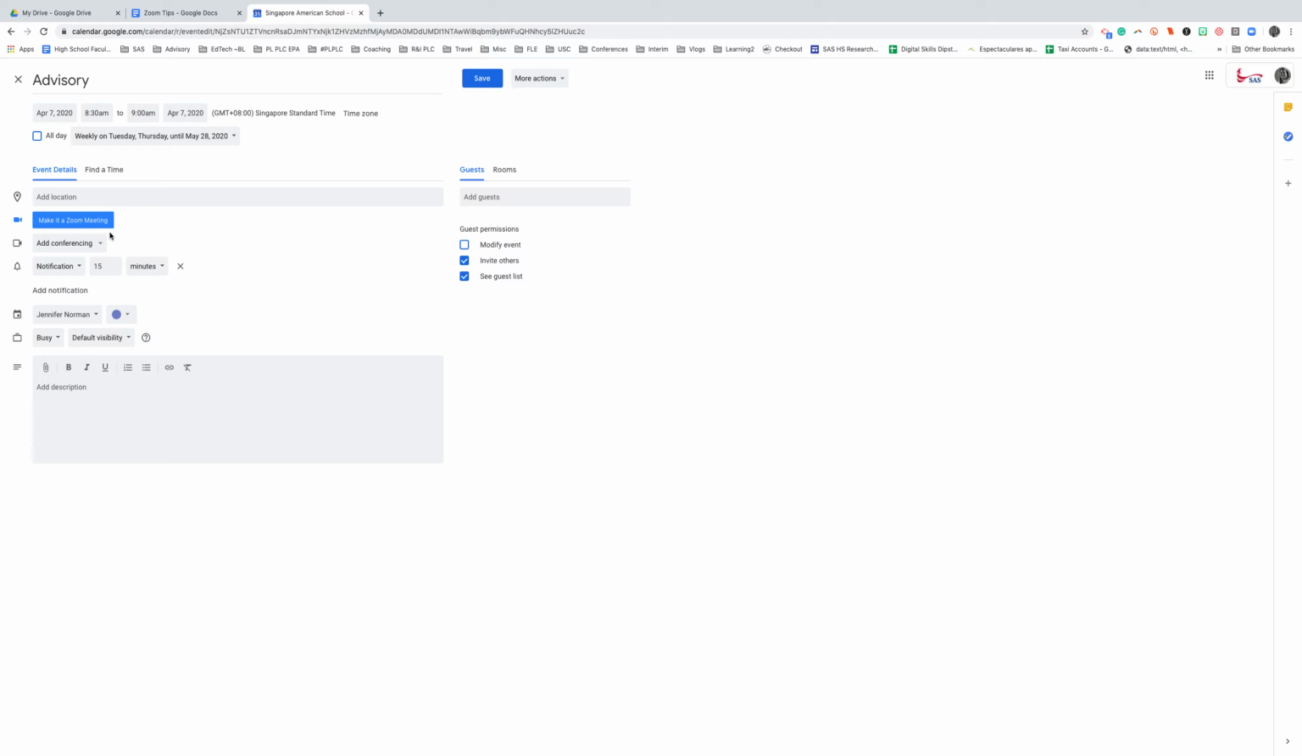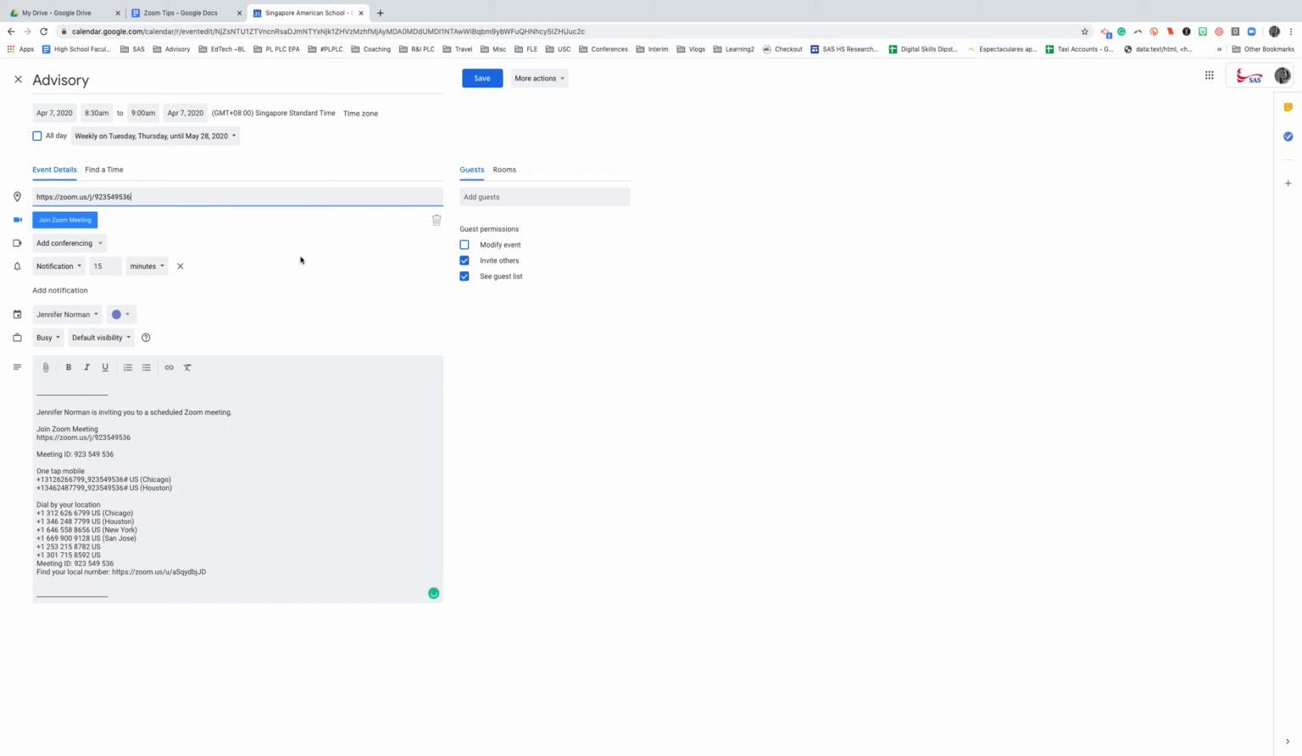Because I have the Zoom scheduler inserted and installed, I automatically get this blue button. When I go ahead and click, it will automatically generate everything that I need, including the URL that I need to pass off to my students. And I'll pass this off into Schoology so that they can get it and join the meeting when it's time